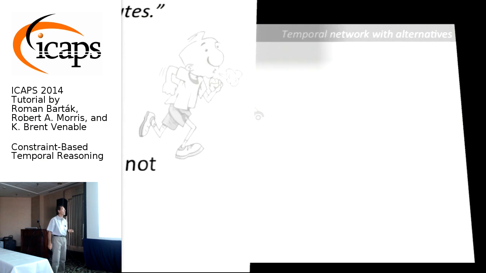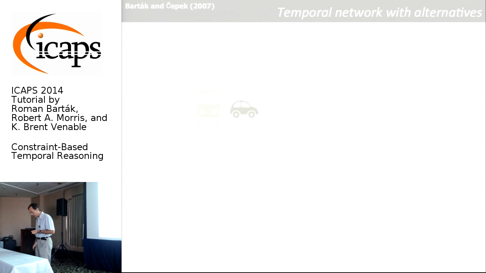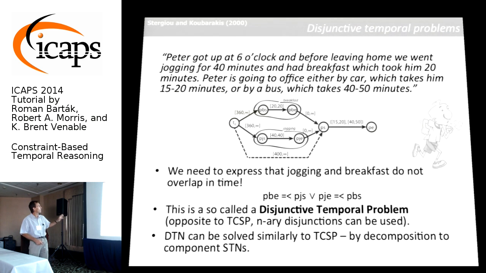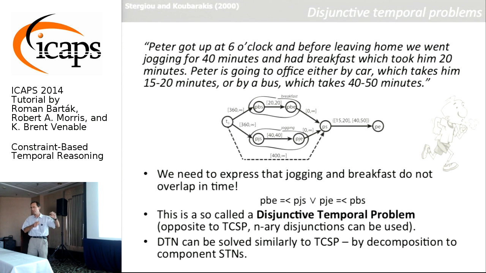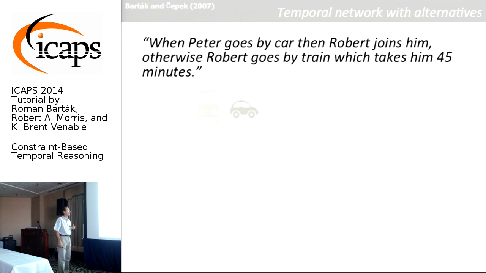Let's make it even more general. So in this example, there were 2 activities, breakfast and jogging. But both of them happened. We know that we did both, or Peter did both, had breakfast and did jogging, right? But sometimes we need to model relations that are disjunctive, in the sense that one of them happened, not both,